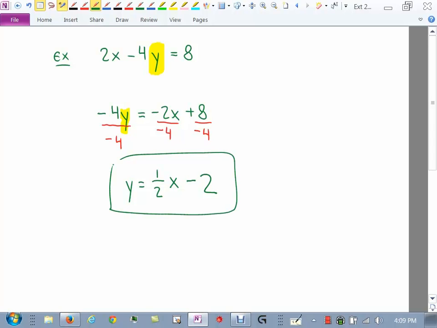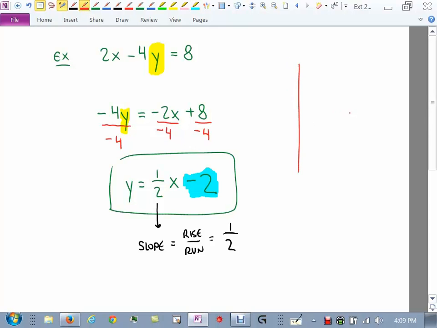That's what we're going to work with. What's the slope of this line? It's rise over run, which for us here is 1 over 2. So we rise up 1, we run to the right 2. And then the most important part now is this negative 2 is my y-intercept. So to graph this,